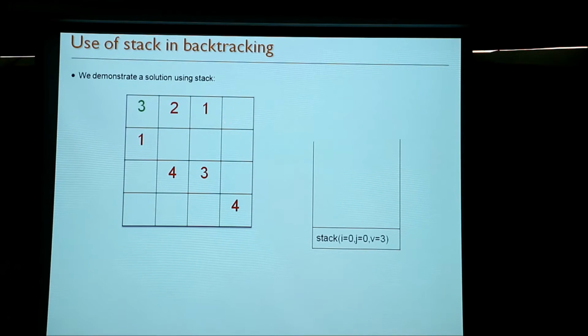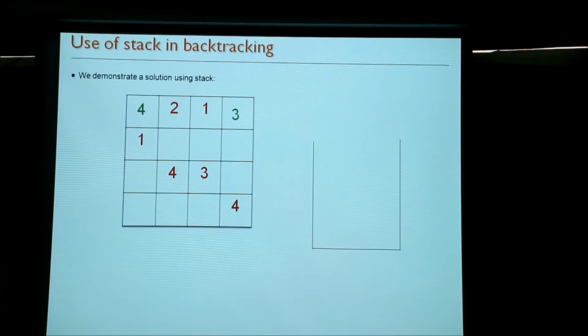So whenever there is a dead end, what we will do is we will pop out the stack. That's essentially the backtracking step if you see the recursive algorithm. Since nothing is available here, we will pop out the stack and remove this entry as well. Then we will fill this with the next available value, which is 4. And since this is 4, we will go to the next step. Ideally I should have also entered 4 here, although you can avoid this because 4 is fixed, but ideally you should have entered 4 here.